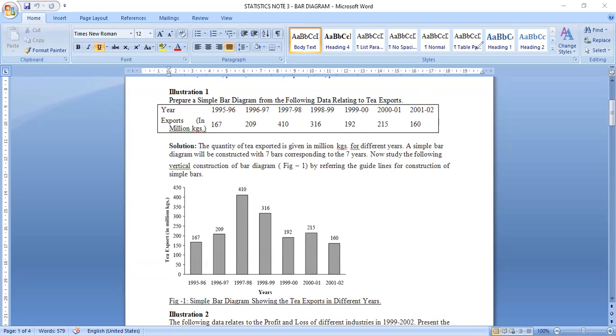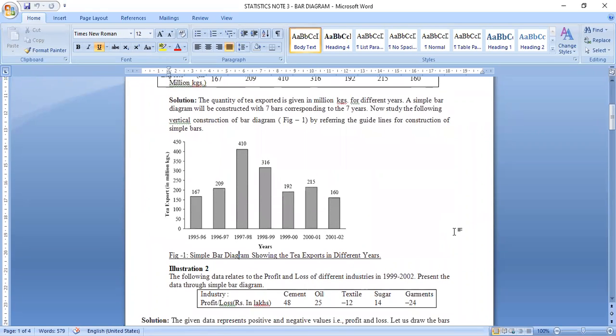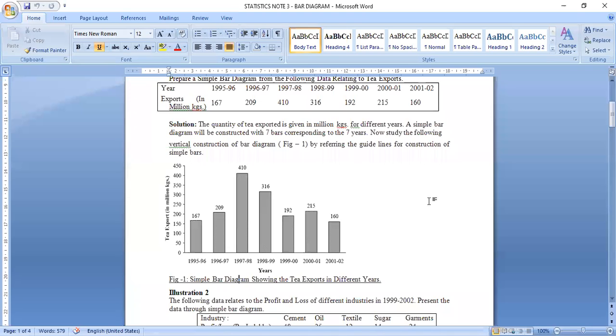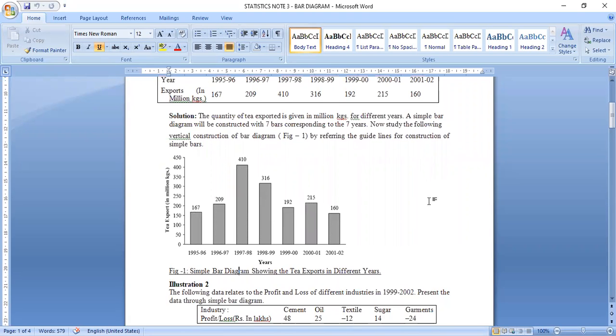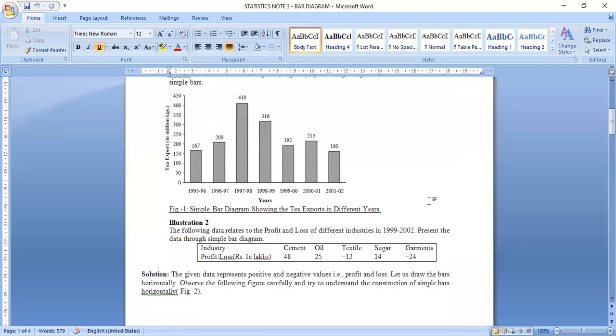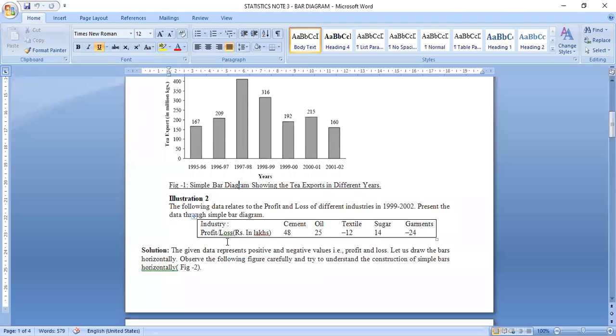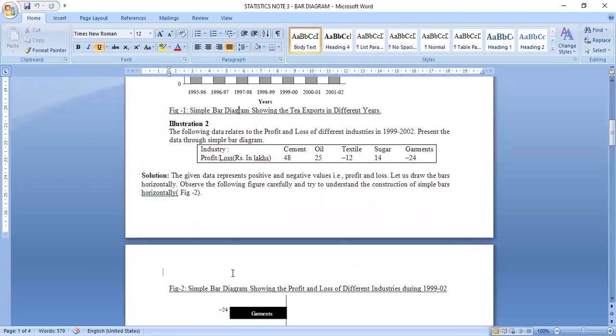Okay, just look and do it, applying a scale, just give a scale and nothing else. Okay, now I hope the basic technique is clear. Any question regarding simple? I am asking again, any question regarding simple, how can I draw the simple bar? No, sir. Okay. Next, we have to go for a different one.